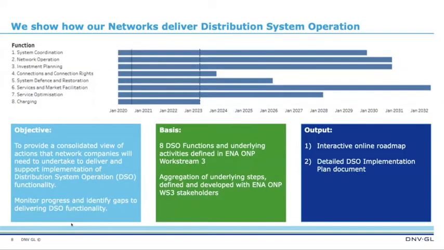There's a few more details here, just a recap of what Steve has said. If I were to place a headline objective of the roadmap, it's to provide insight into how our networks deliver distribution system operation. As Steve has explained, the starting point is the 8 DSO functions previously defined by the ENA OMP project, and they cover elements of distribution system operation functionality and capability that cater to the optimization of processes